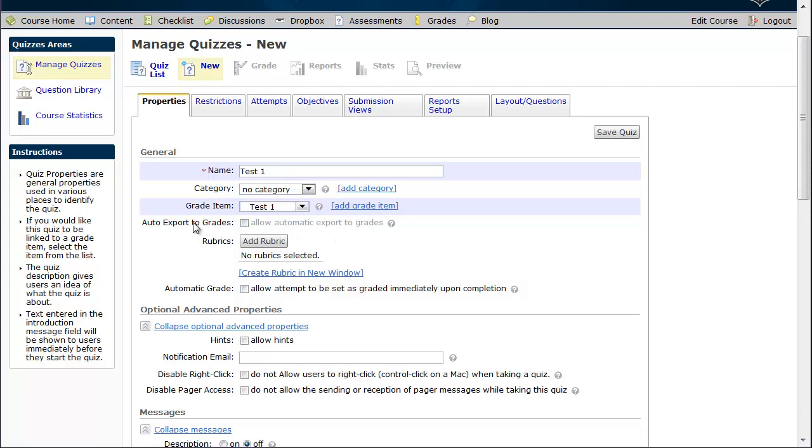When you do this, you are going to want to check the Auto Export to Grades option. What this is going to do is, once the student finishes taking their assessment and they make a certain grade on it, once the assessment is graded, it's going to plug that grade into the gradebook. Now, if you use certain types of questions, like essay questions, the attempt would not be set as graded upon completion, so you would have to go in and grade those, and then the grade would be plugged into the